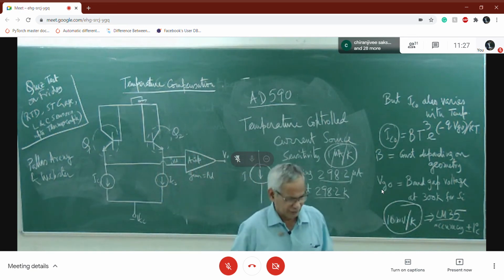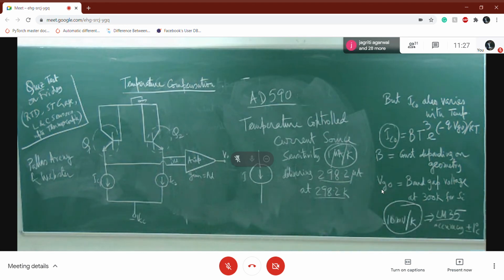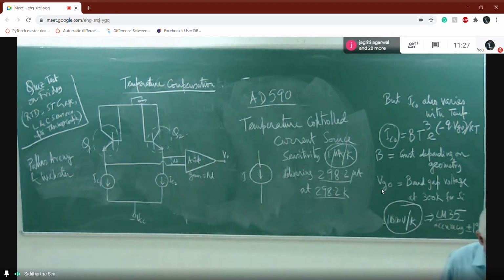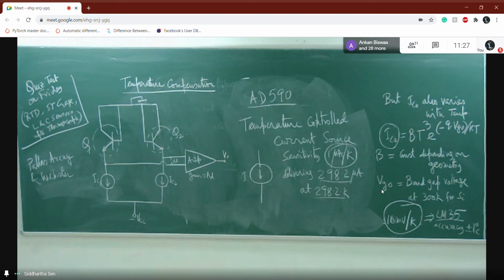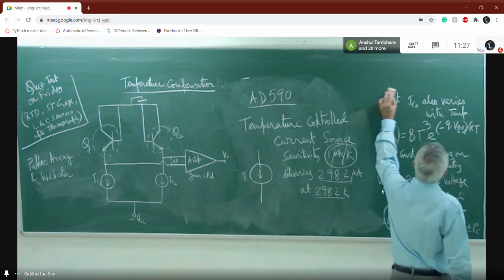Okay. So with this, I will stop the semiconductor type temperature sensor because we'll have to go a little bit fast, and some of the things we'll have to omit because of the time. Any question about this one? About the semiconductor type temperature sensor? Since you have done the laboratory, do you have any question about the laboratory experiment? Anybody? So I hope not. We can proceed to the next topic.